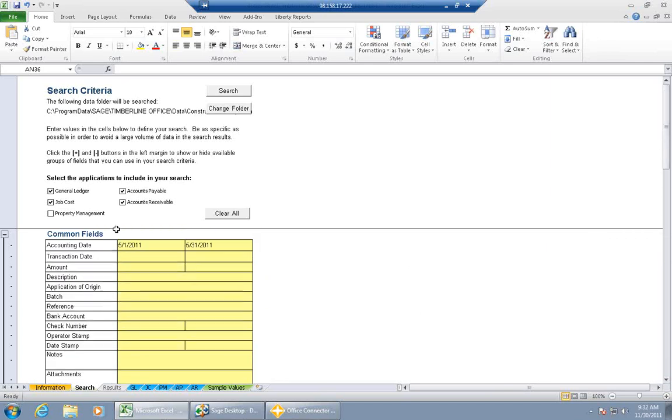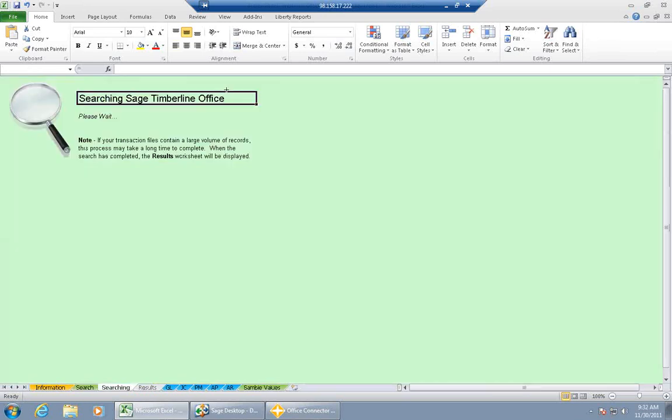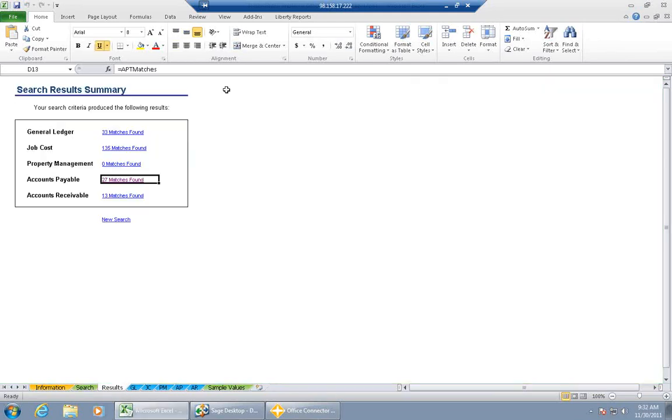Anything on this job, between these dates, and search and see what all it comes up with, and it's going to come up with a month's worth of